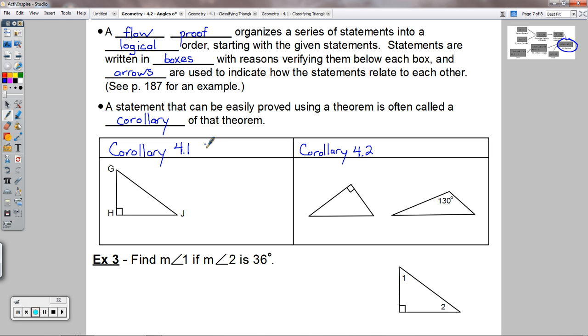Both of these things flow from or come out of theorem 4.1, the angle sum theorem. So both of these things are corollaries to theorem 4.1. So this one says that if you have a right triangle, which is clear, I have a right triangle right here, that the acute angles, these two, this one and this one,